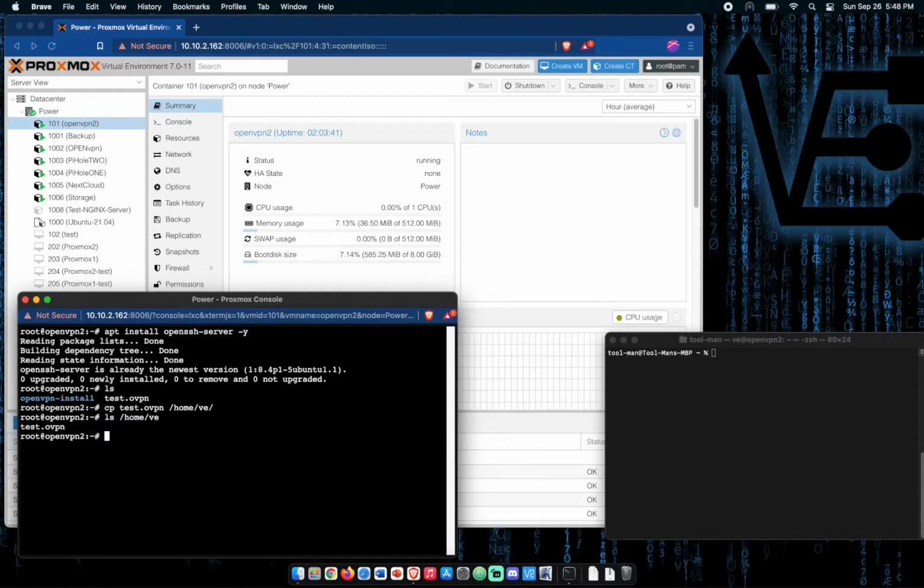Now that we have the file in a location where we can work with it and have ownership rights, we can go over to the terminal on our Mac. So I'm going to go ahead and press the up arrow. The command starts out with scp, then the username that you're going to use in the container, which in this case is going to be VE. We're going to add the @ symbol, which tells it that we want to communicate with the server